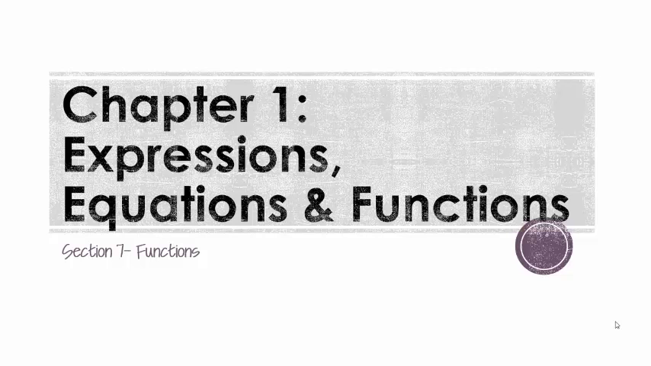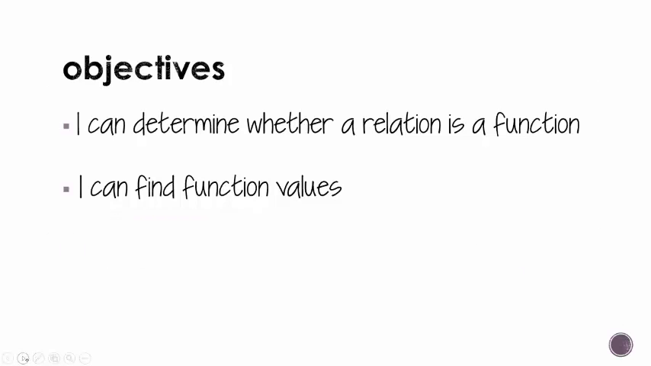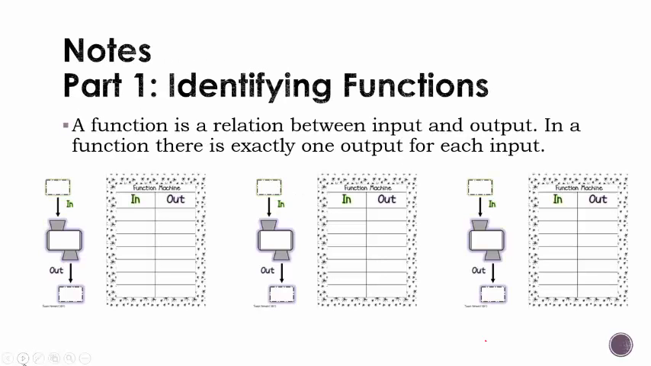Section 7 of Chapter 1 is about functions. So by the end of this lesson, you should be able to determine whether a relation is a function and then find function values. So a function is a relation between input and output. In a function, there's exactly one